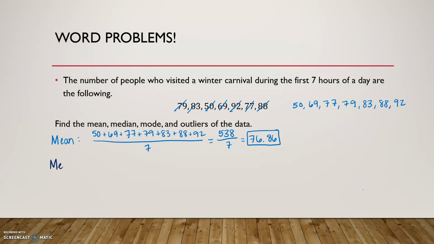The median: what number's in the middle of these? If I count my way in, I've got 1, 2, 1, 2, and they're going to meet here. So that means that my median would be